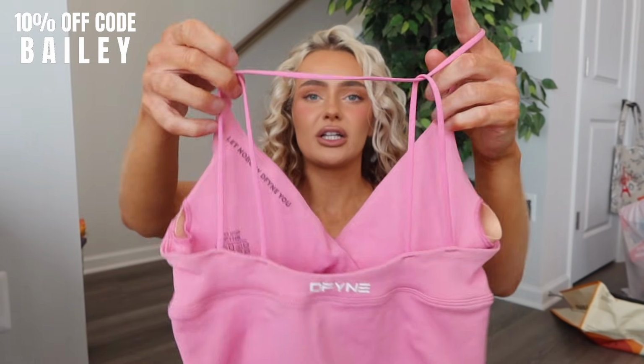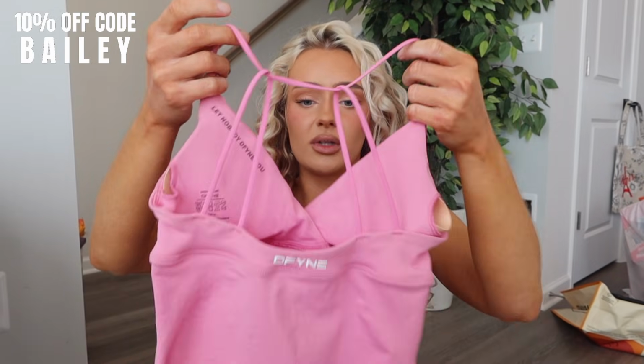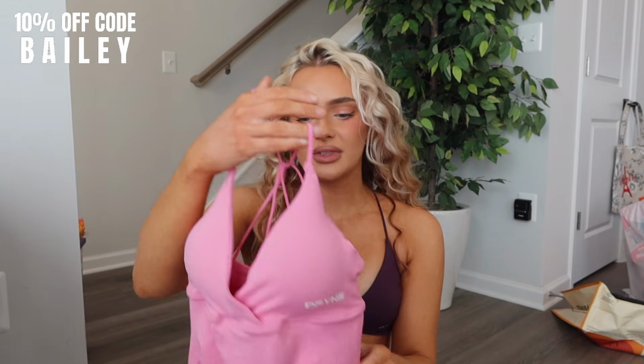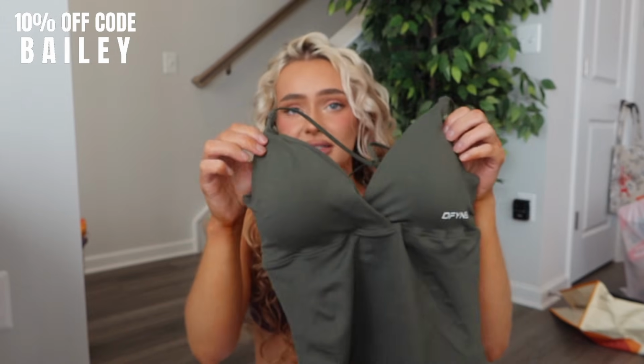But the back again looks like this. I really like the back design, but again, I just don't love these straps. If in between, I guess if you're larger up top and you don't mind some excess fabric right here, you could size up. However, I just didn't like my size small, as doing the size small gave excess fabric, wasn't